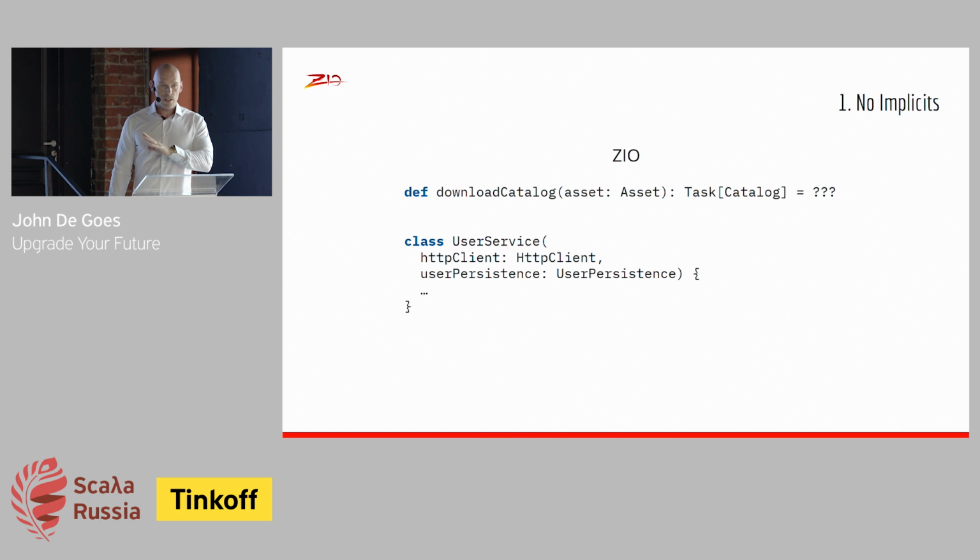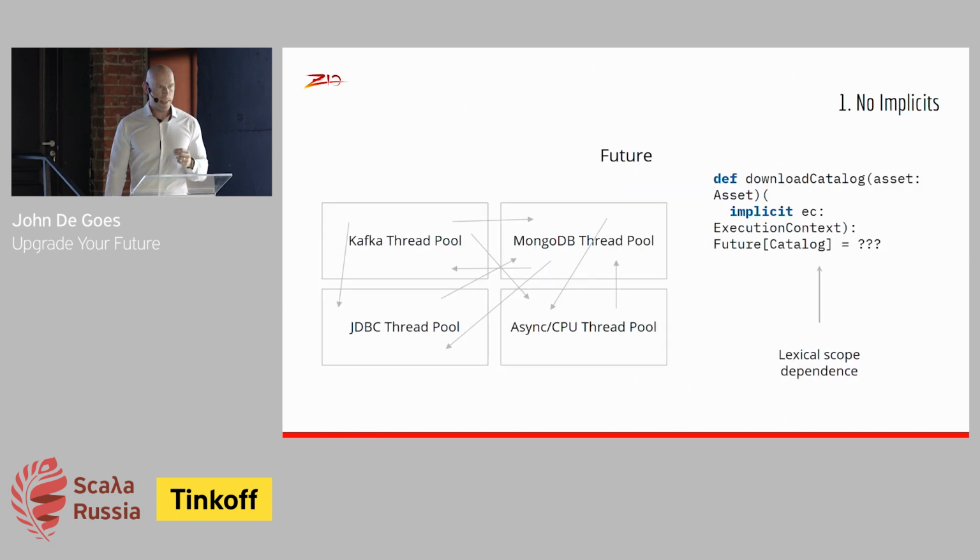And with ZIO, there is no execution context. There is no implicit parameter, there is no threading of information through your whole program. You just write ordinary code, no implicits. Another implication of this that is, I think, less appreciated is that because Future's operations always require an execution context, where your Future runs, which thread pool it runs on, is highly sensitive to lexical scoping. In other words, you can copy-paste code from one code block to another and change where that Future is going to run.